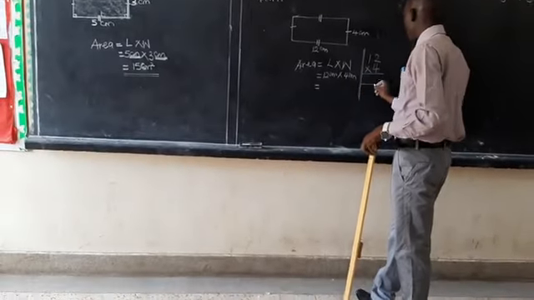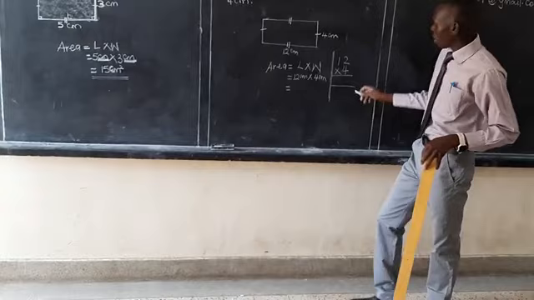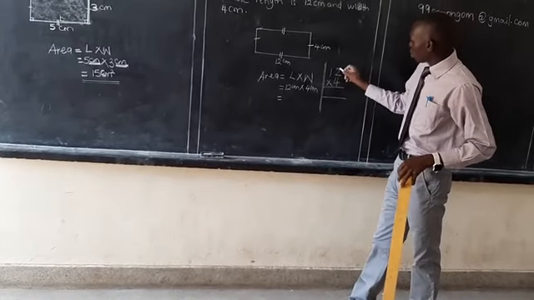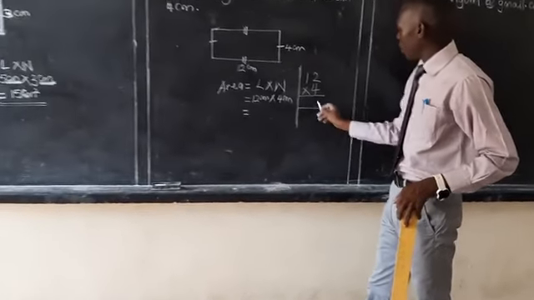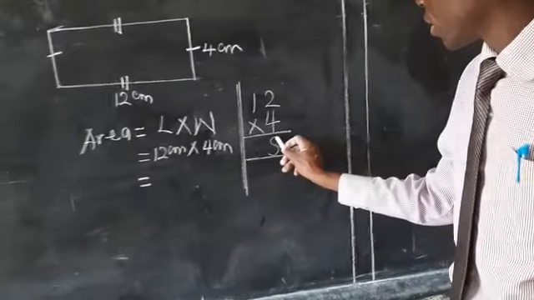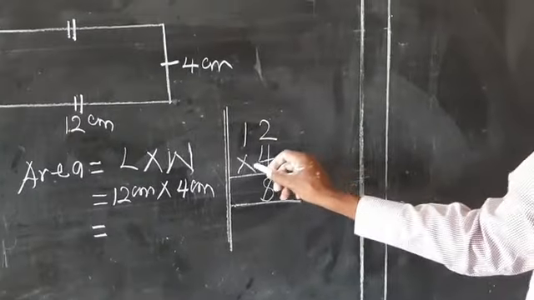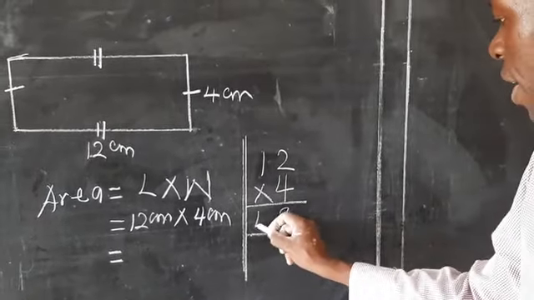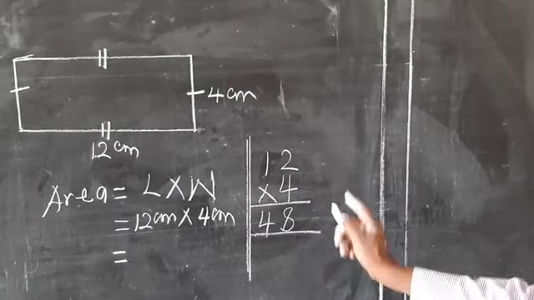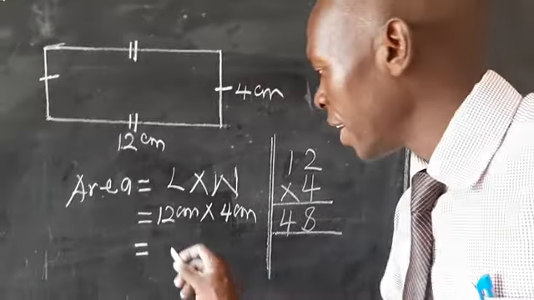You simplify. What is 4 times 2? 4 times 2 is 8. Then what about 4 times 1? 4 times 1 is 4. So it is 48. Meaning our answer is